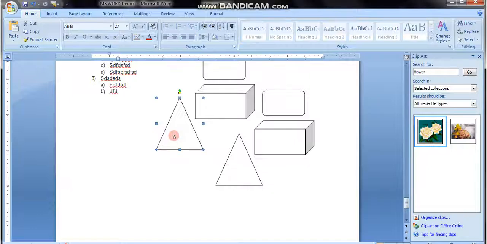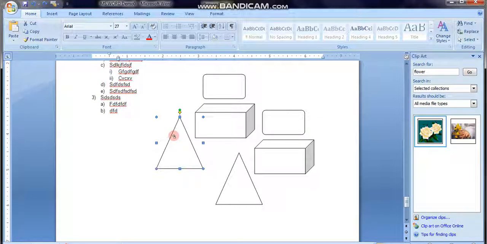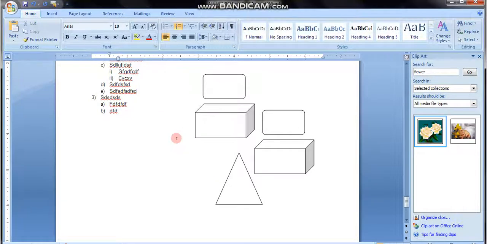Suppose I am removing this. Now I am using Ctrl+Z, so it will bring it back. Now I am using Ctrl+Y, it will remove it again. So Ctrl+Z is correcting our previous task, and Ctrl+Y is repeating our task. Suppose I am writing something here. I wrote here computer.